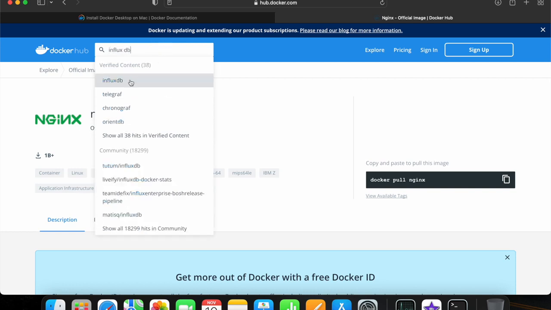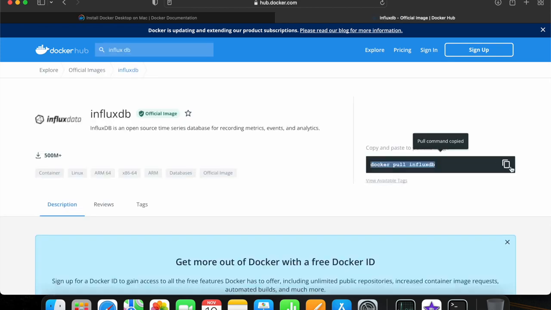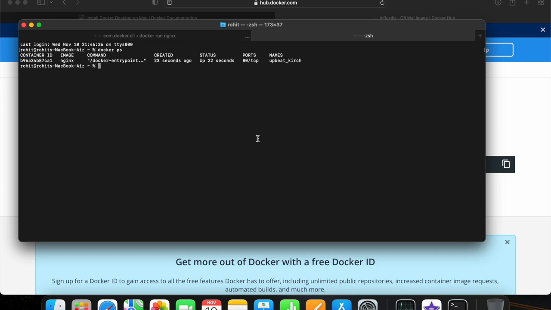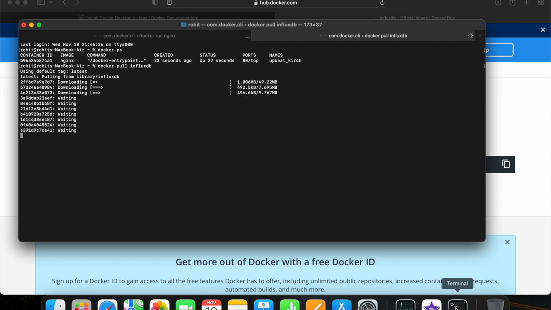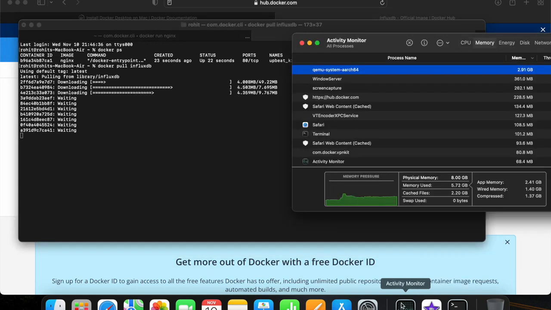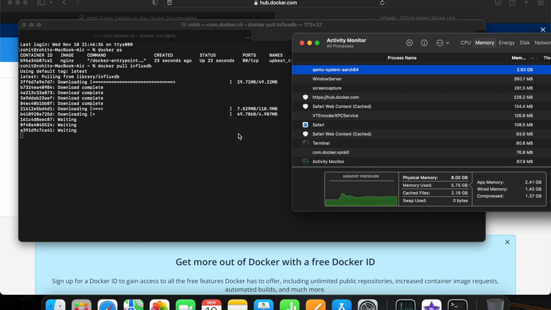So I will download one more image. I will use the influx database. I will pull this image from the Docker registry or Docker repository. So docker pull influxdb is the command you can use, and it's downloading now. And also now you see the memory is not jumping high,